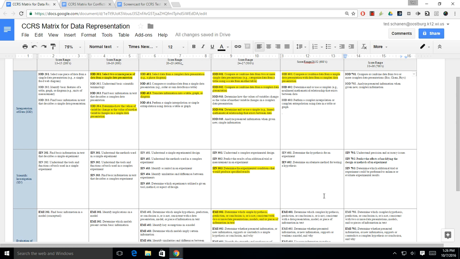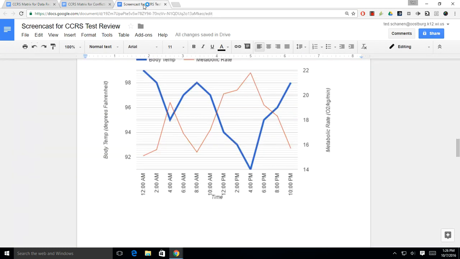All right, I have two more questions to talk about with the data representation part of the test. So I'm going to buzz through these two questions really quickly, and this will just wrap up part two really quick. So IOD 601. With IOD 601, that skill is compare or combine data from a simple data presentation with the